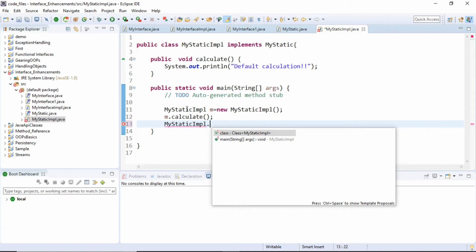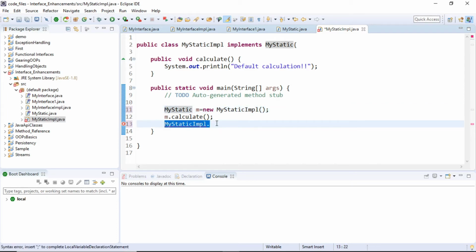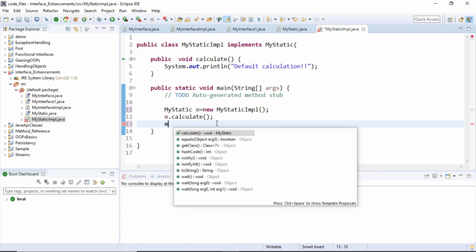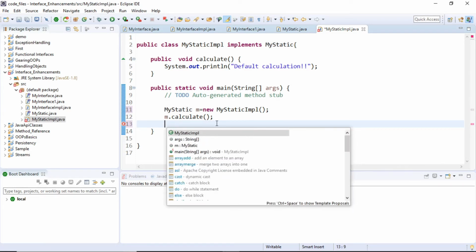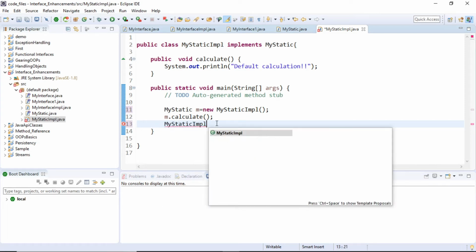So let's try to do one thing. Instead of declaring or initializing this myStatic impl like this, I'm going to say that this is of type myStatic, and then I will be saying myStatic dot show.